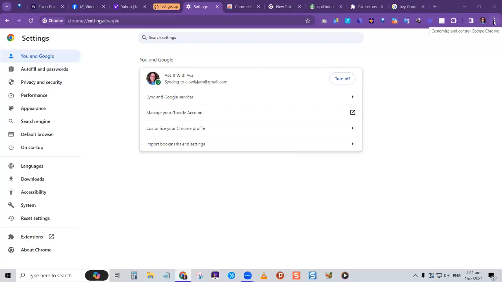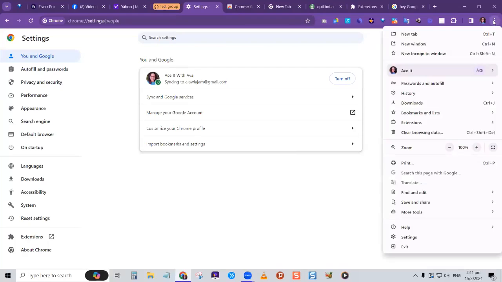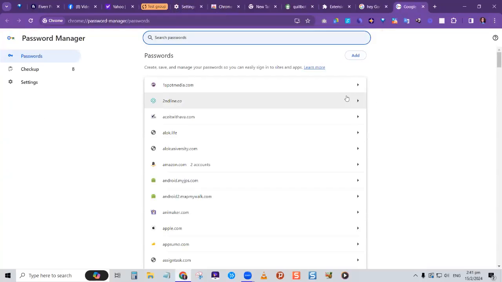Same place. You notice that this is the magic area in Google Chrome. This is the magic, these three dots here. So we're going to go to our settings area. We can find it there, or we can come here where it says passwords and autofill. Passwords and autofill. And then you're going to go into Google Password Manager. Woo! This is where the magic happens. You see right here,